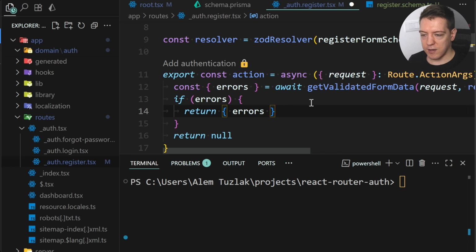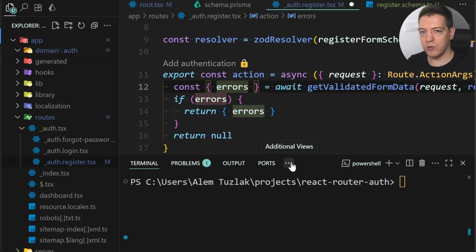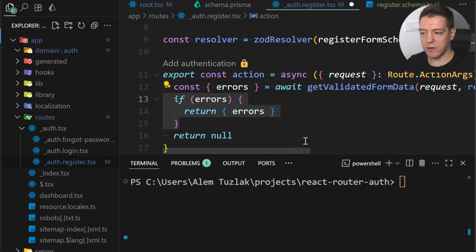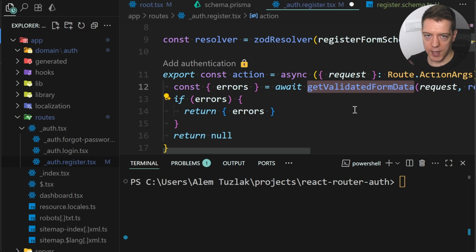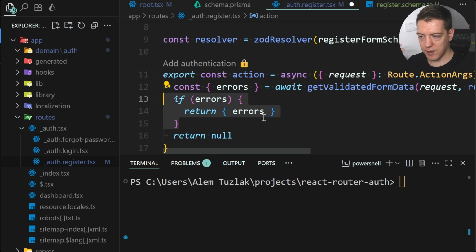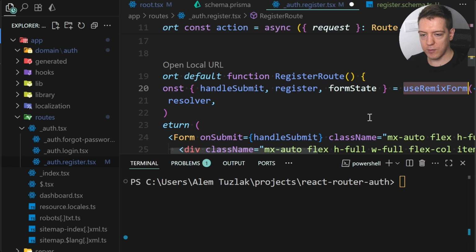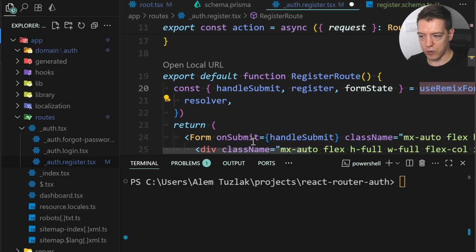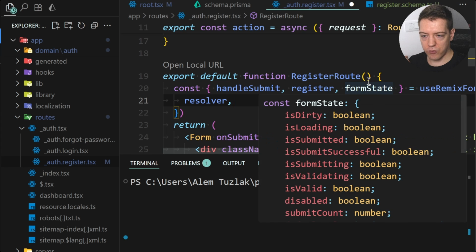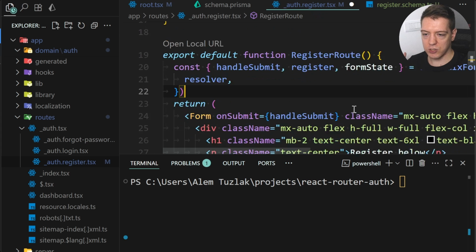And what this does is it checks if there are any form validation errors. So for example, if the server received a string instead of a number and stuff like that. And what it's gonna do is it's gonna give you the errors back, and you send these errors back to the client. And this is a function from Remix Hook Form. And Remix Hook Form, when it does this, it returns the errors like this, and then automatically gives them to the use remix form. And this use remix form stores them in the form state, so you can just do